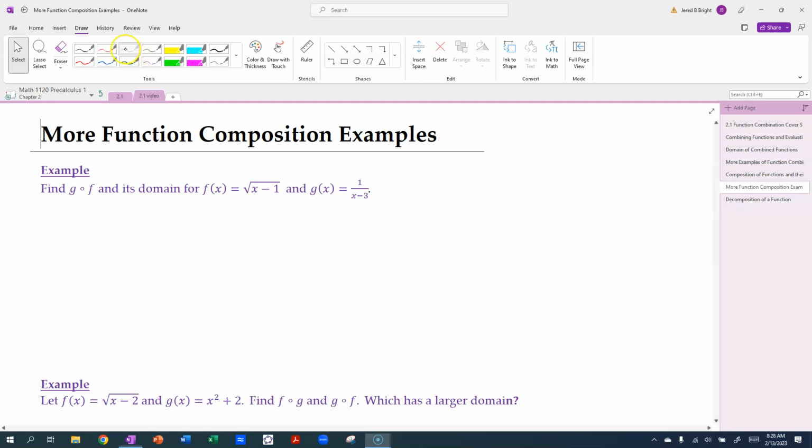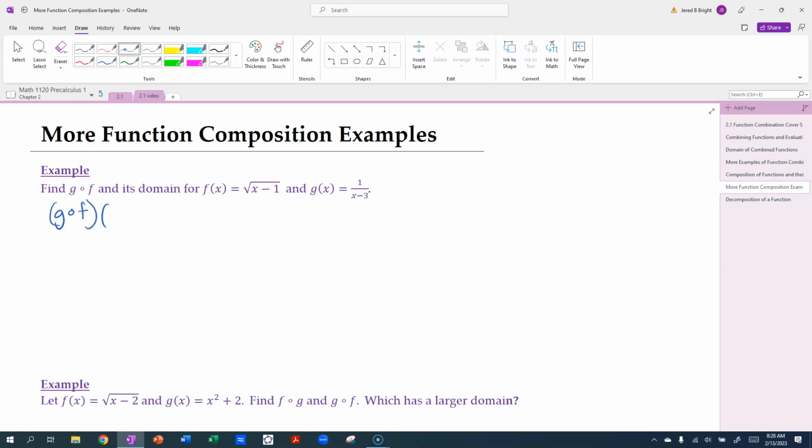Welcome back in. We are just going to do a couple more examples with function composition. So here we have functions f and g. We want to find g of f of x and its domain. Again, the domain is always secondary in my mind because I like to look at the composed